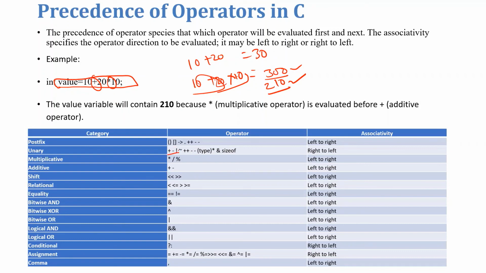Here plus is there, and star is there, which is multiplication. When it comes to multiplication and unary plus, the plus here is a unary operator, but